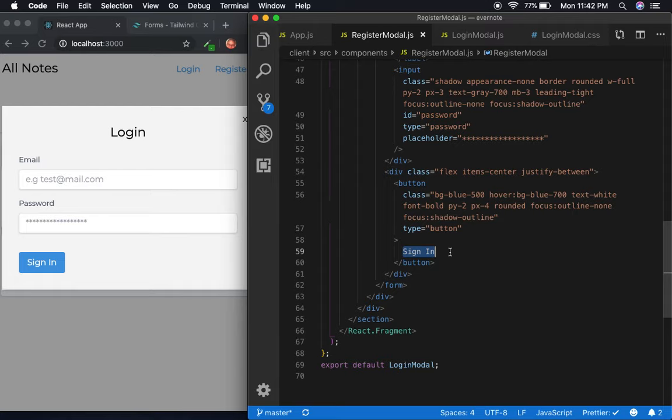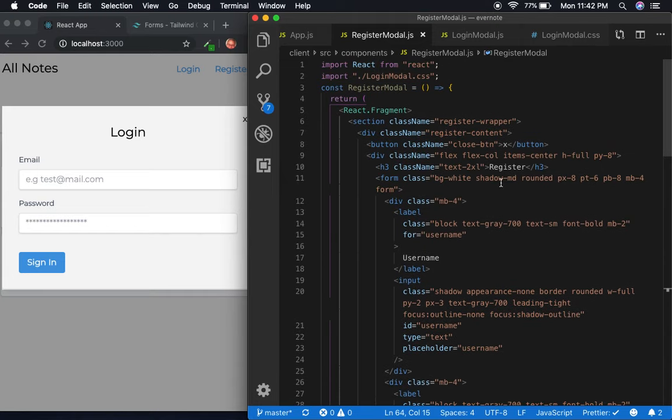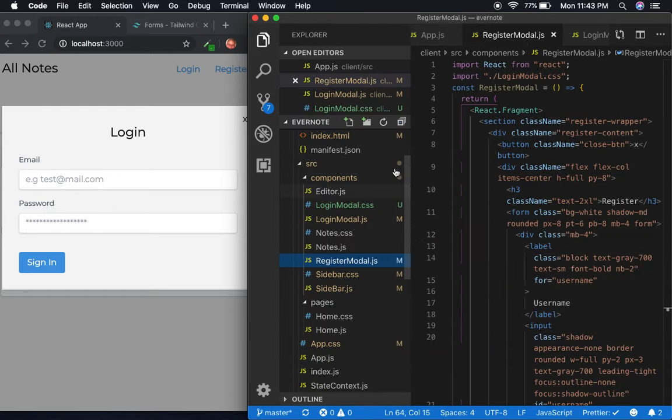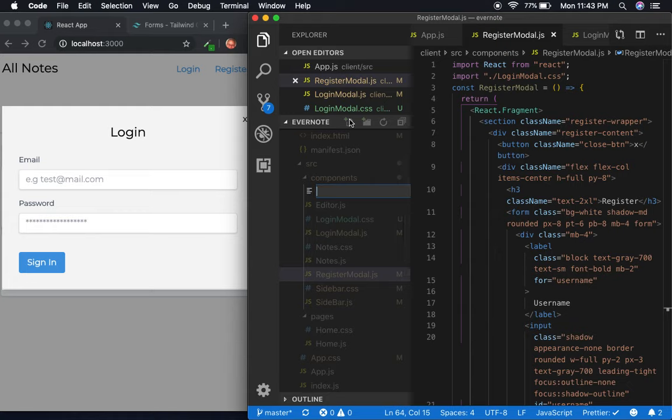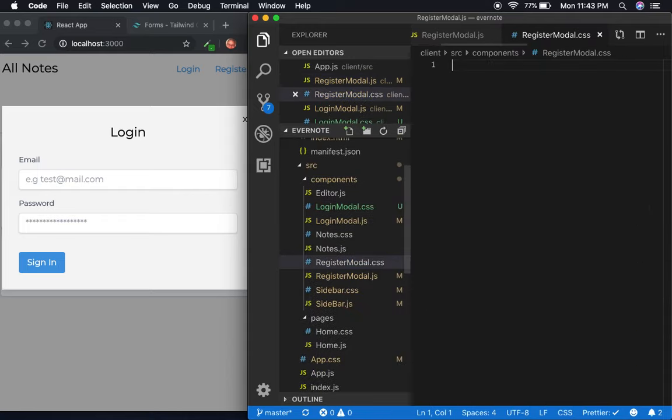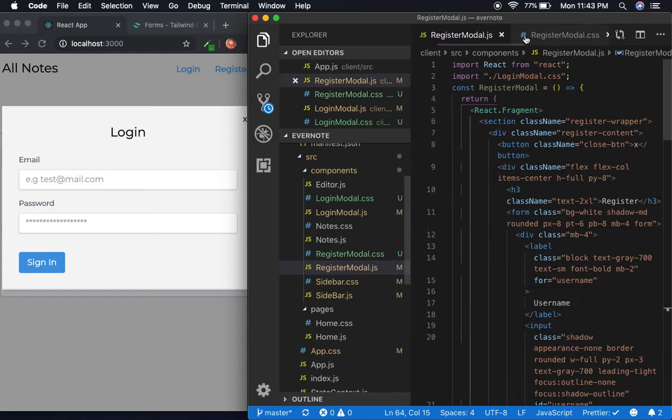Instead of sign in, it will say sign up. Okay. Alright, and we have to create a CSS file for this. So what we can do is go register modal.css. Okay, and it's basically going to have the same CSS